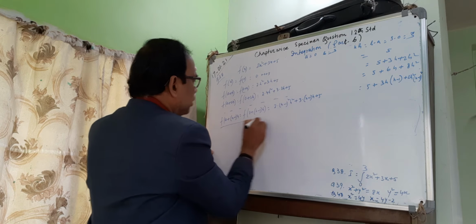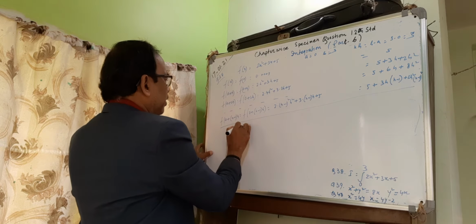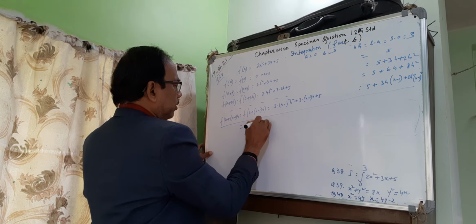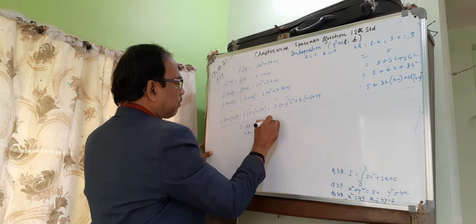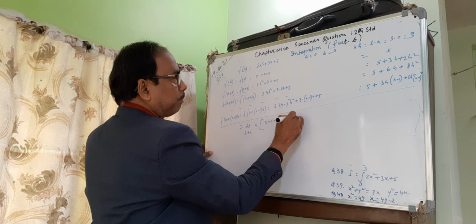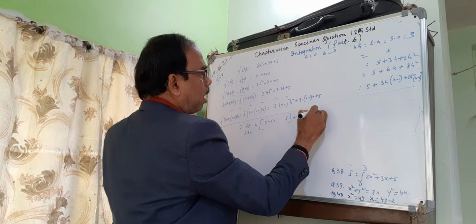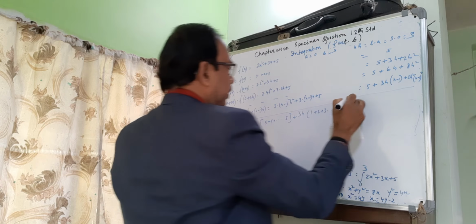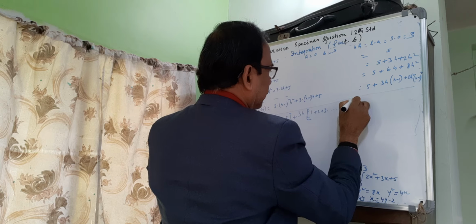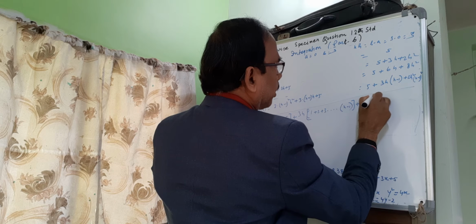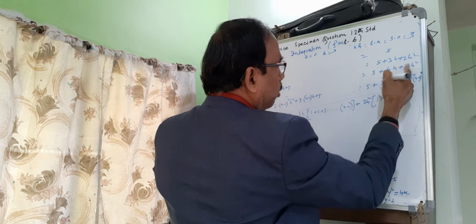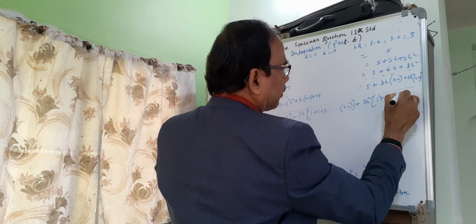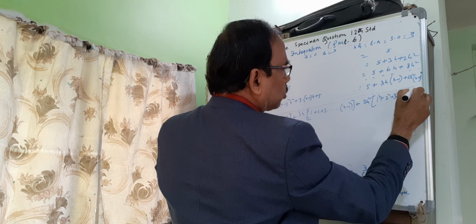Now adding all this, the sum of f(a) and so on, we can write limit h tends to 0 of h times: 5 plus 5 plus dot dot dot 5, plus 3h common, 1 plus 2 plus 3 dot dot dot n minus 1, plus 2h square common, 1 square plus 2 square plus 3 square plus dot dot dot plus (n minus 1) whole square.